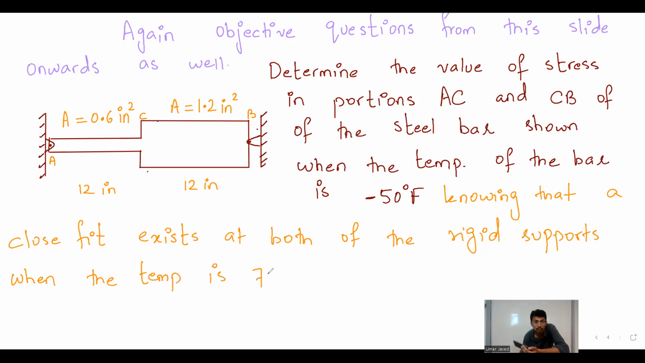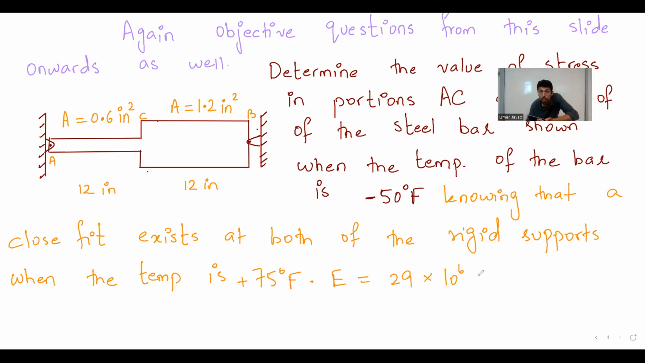when the temperature is 75 degree Fahrenheit. What is 75 degree Fahrenheit? It should be around 24 degrees Celsius, no? Double check yourself. Use the value E equal to 29 into 10 power 6 pound per square inch. And the value of alpha, the coefficient of expansion, is 6.5 into 10 power